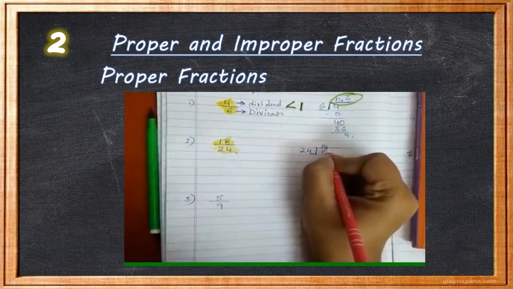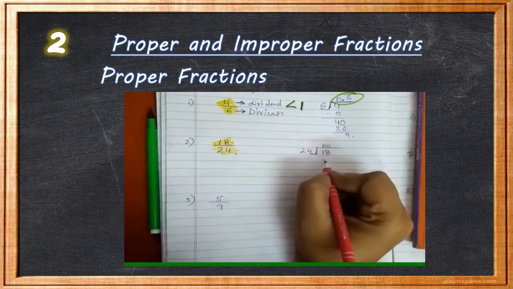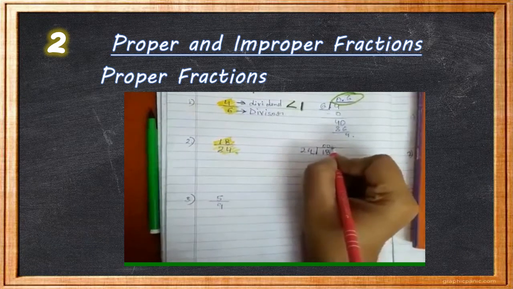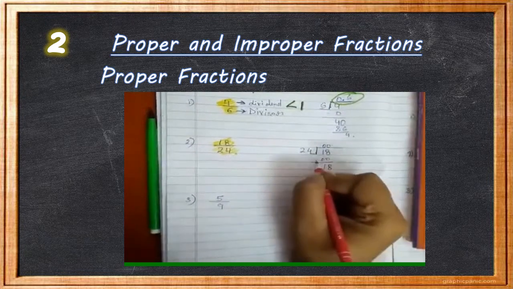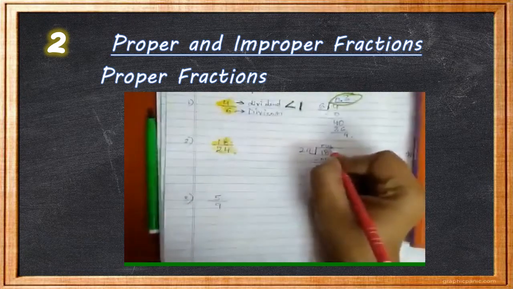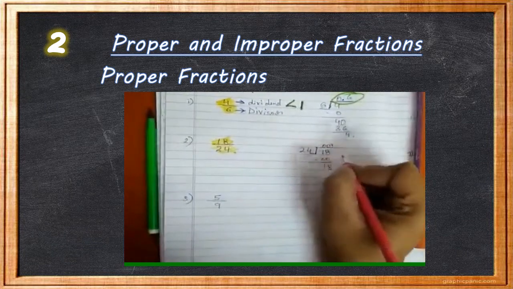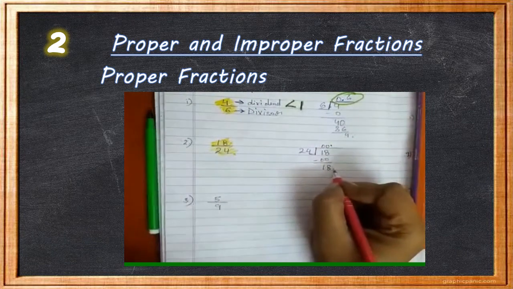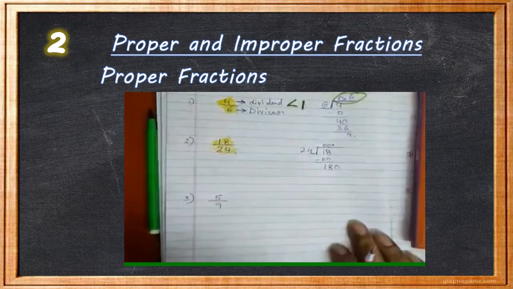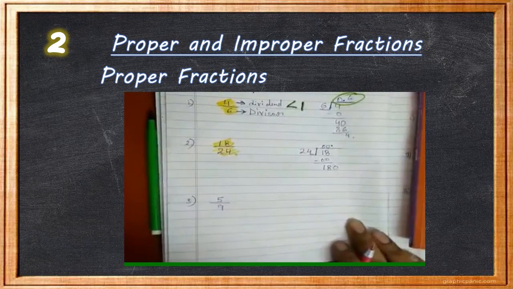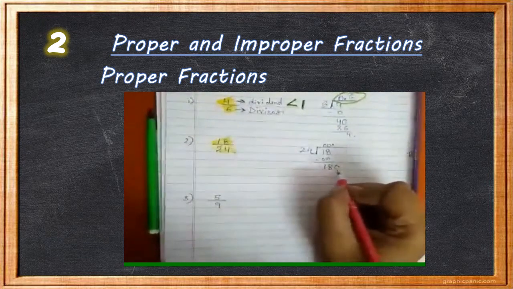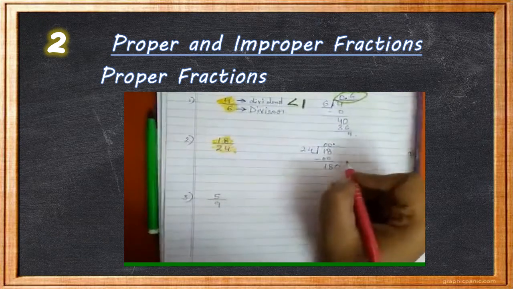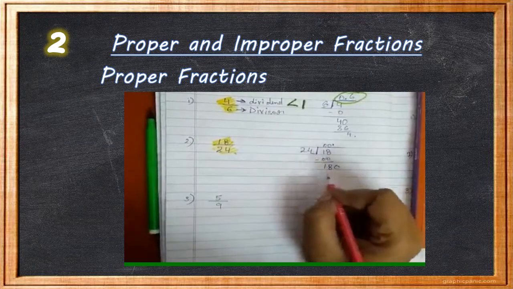So again, it will go by 0. Yes, it will go by 0. Then I'll be putting here a decimal. After putting the decimal here, I can put a 0. Now this is 180. Now I can divide. Yes, children, now we can put 0 here. So this is 180. Now I can divide this by 24.